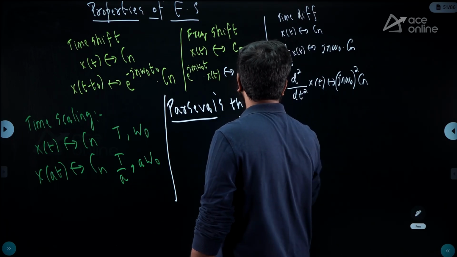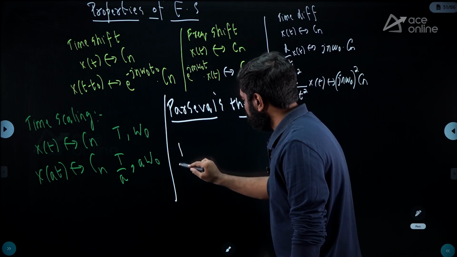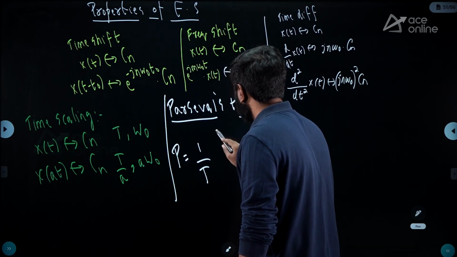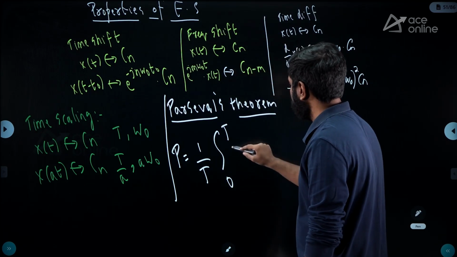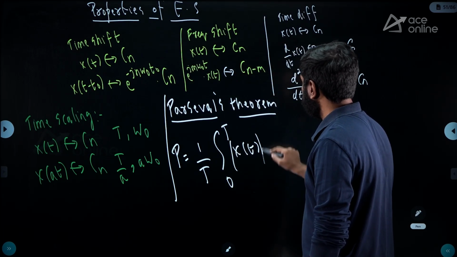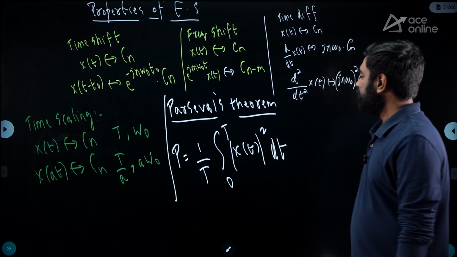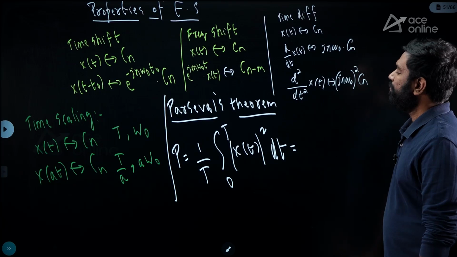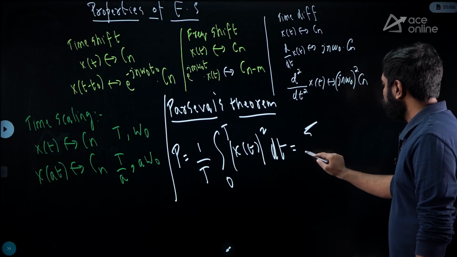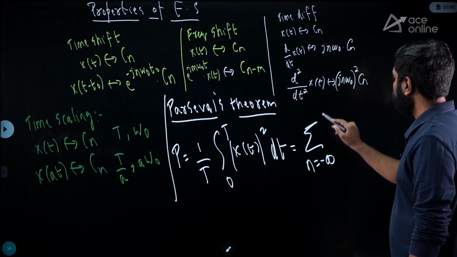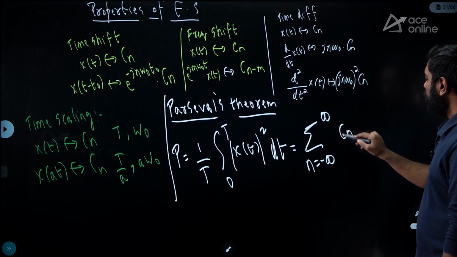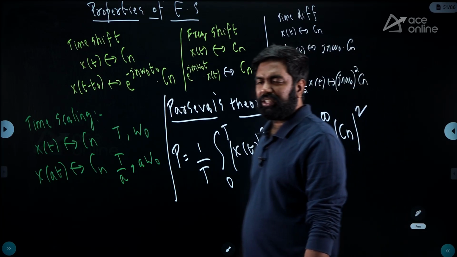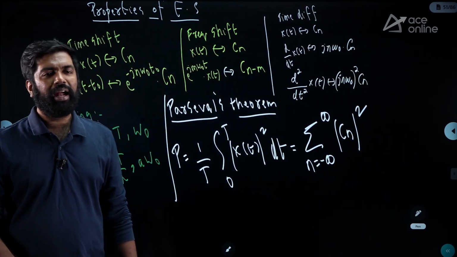So what Parseval's theorem says is, this is the expression for average power, it is 1 by T integral over T of |x(t)|² dt. This is the expression to find the average power in the time domain. Parseval's theorem says you can either use this, or if you know the Fourier series coefficients, then do this: sum over n from minus infinity to infinity of |Cn|². You take the magnitude of all the complex exponential Fourier series coefficients, you square them, add them,